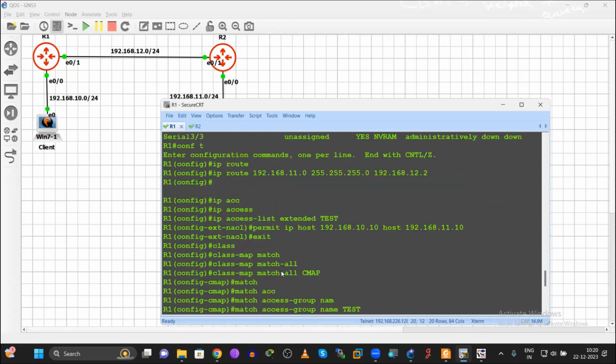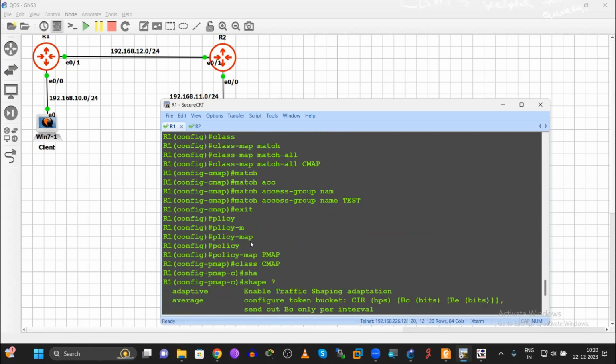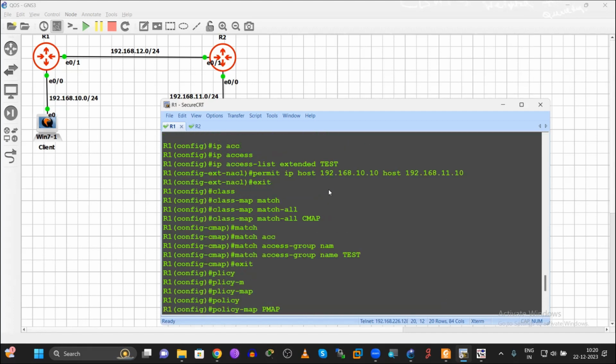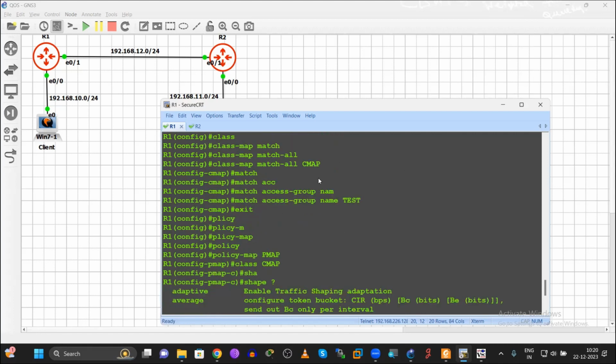I have created a policy. What this policy says is permit this host. Then I have created a class map called C map. Then I have created a policy map and called that class map successfully. I have matched that test access list inside the class map. Under that, I have created a policy called PMAP.